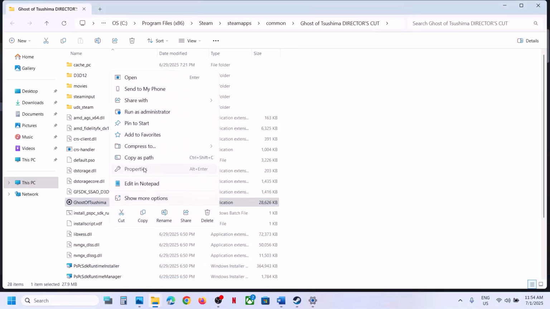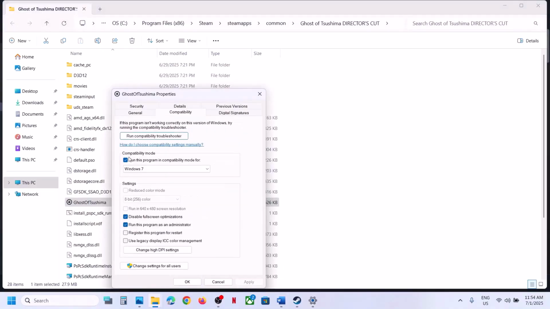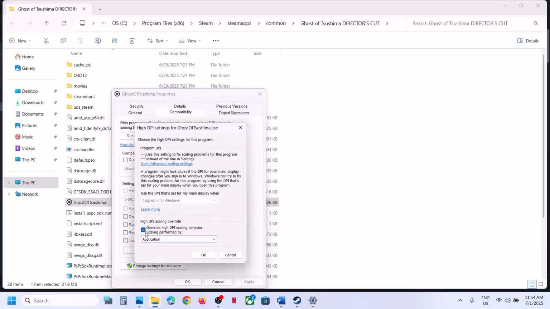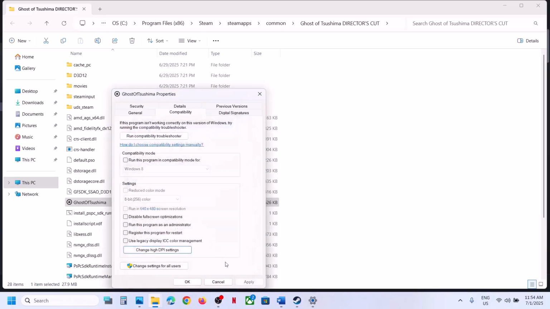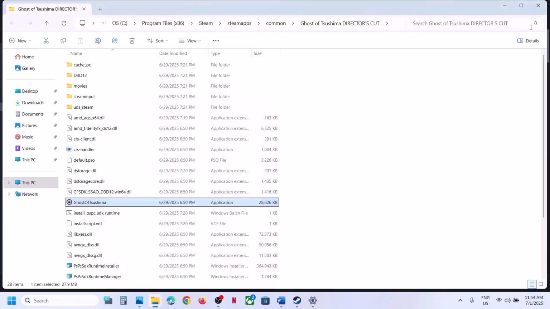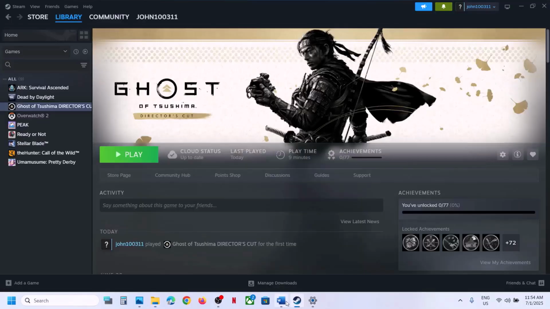Now when you put a check on all these boxes, still not working, in that case you can uncheck these boxes, hit apply, click on change high DPI setting. If this is not working, you can uncheck it, click on OK, hit apply, click on OK, follow the next step. Now the next step is to,